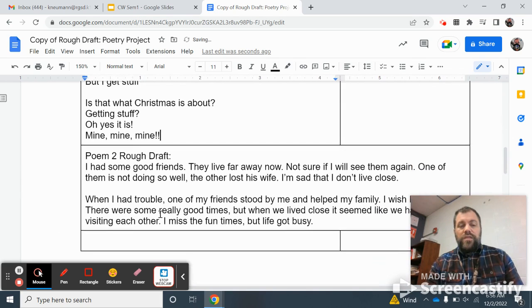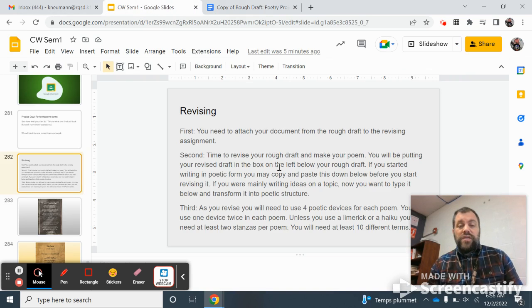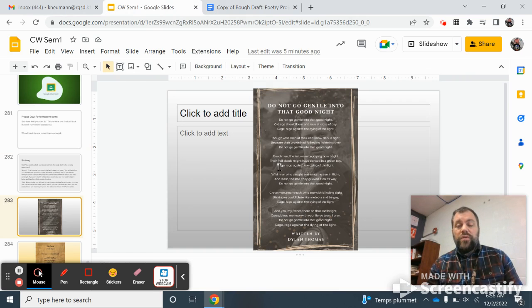All right. Same thing with this one, although this one's a little bit different. It doesn't look like a poem yet. So I'm going to choose to start taking things out of there and putting it down here and make it into a poem as part of my revision process. I'll show you that in just a second. So it says, now that's where you're revising it. So the requirements